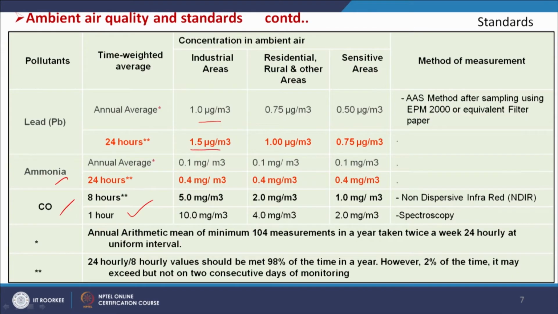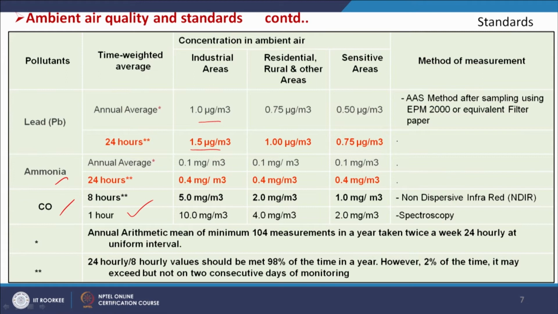So, in that particular area the pollutant concentration should be less, but if we are exposed to a restricted area for some duration, at that time the pollutants concentration may be slightly more than the annual average values. You see the example for lead: annual average 1.0 microgram per meter cube, but for 24 hour basis 1.5 microgram per meter cube. That means, if we are exposed to an environment for a certain period of time,